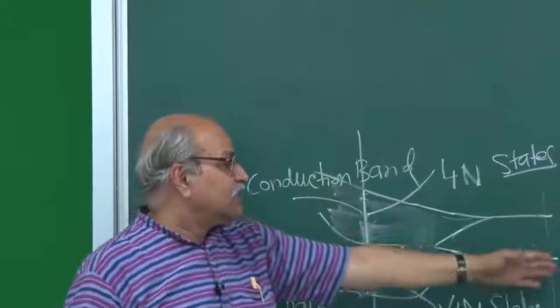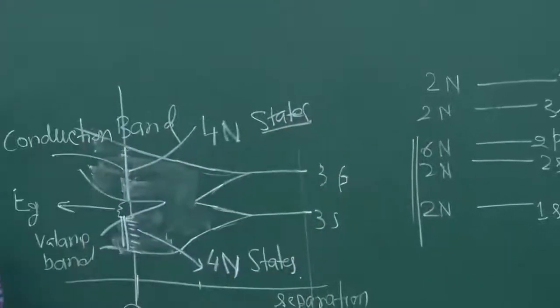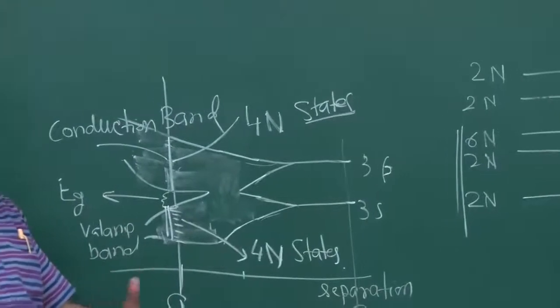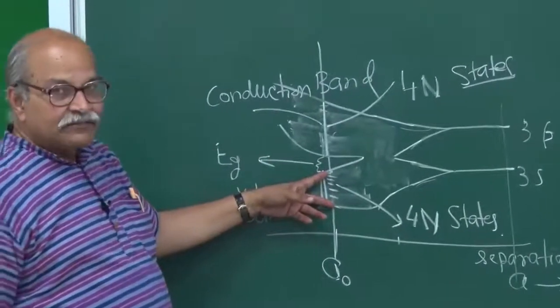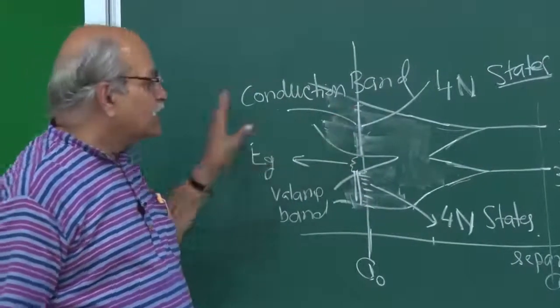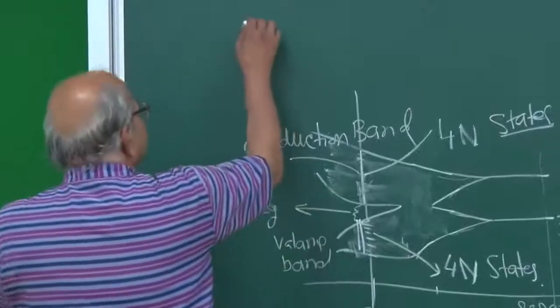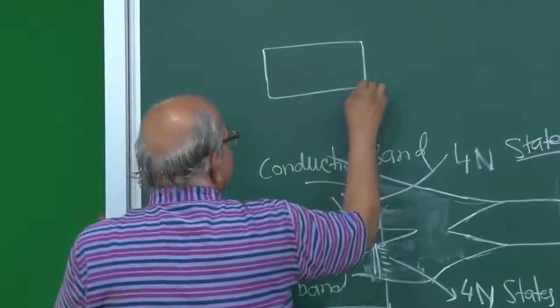We started with s2p2, so 2n plus 2n, 4n electrons. So in the ground state energy, these 4n states will be filled and these 4n states will be empty. So in our usual picture we show this as your valence band,